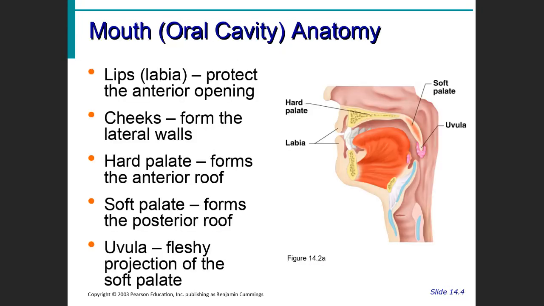And that one we'll start talking about the mouth. The mouth obviously has a lot to do with digestion. The lips, the cheeks, the two palates, hard in the front, soft in the back. That's the roof of your mouth. And the uvula is that little fleshy thing that hangs down behind your throat that helps keep the food from falling into your throat too soon, and like blocks it when you don't want to really swallow it yet.